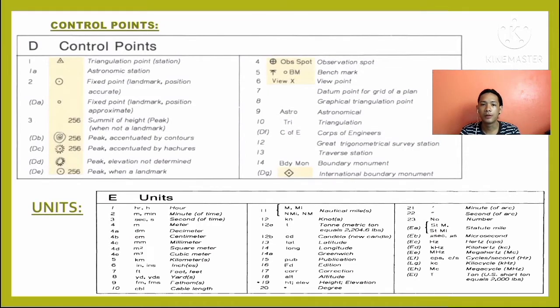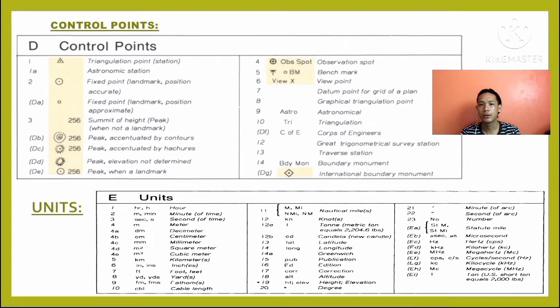So now we will talk about the control point and the units used in the nautical chart. In the control point, we can see that it is mostly the landmark of a certain area. So symbols are inserted into the chart to indicate such locations. For example, you are searching for the International Boundary Monument. As we can see in the picture in this slide, the last part of the control point is a diamond shape with a dot figure inside. So we can simply search the chart for that symbol